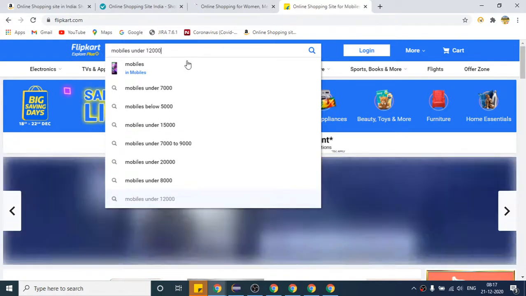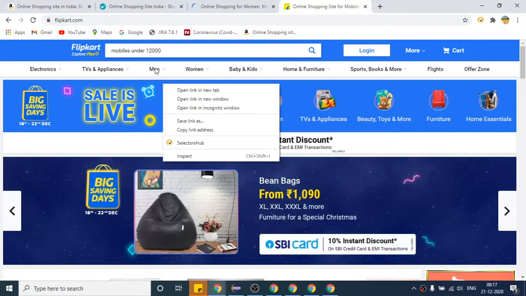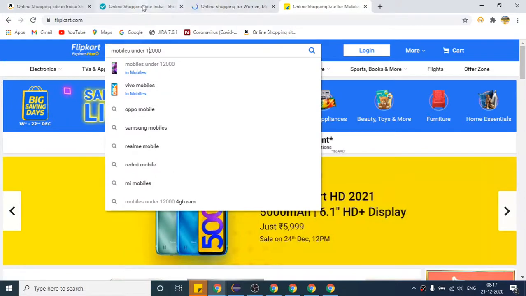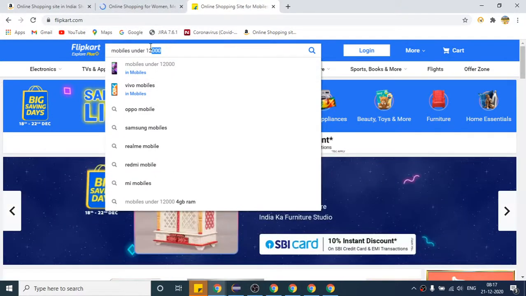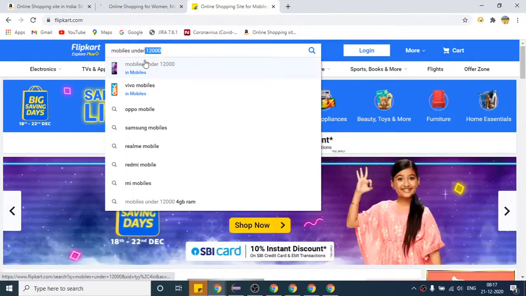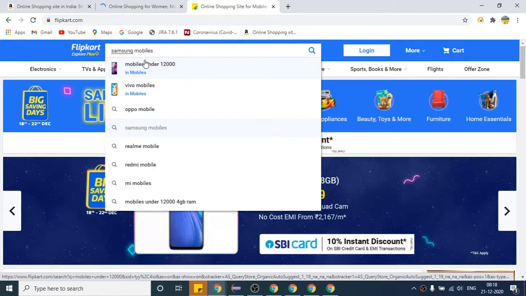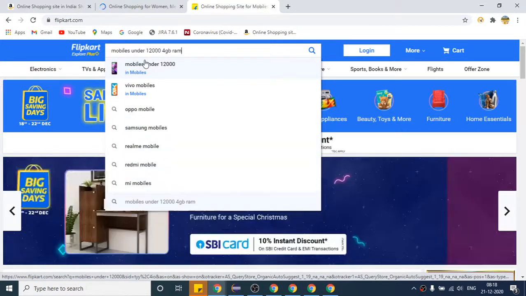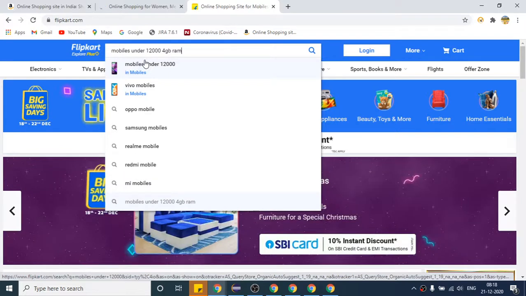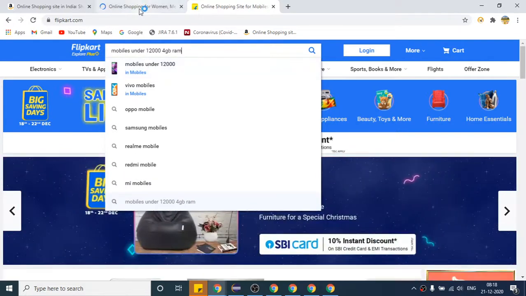If I try to see the HTML code here, let me close this. In many websites they again give 10 options, but I told you that our code will not fail even if in the future they keep the same hierarchy of the HTML code. If they add one more element there, it will also not fail, right?